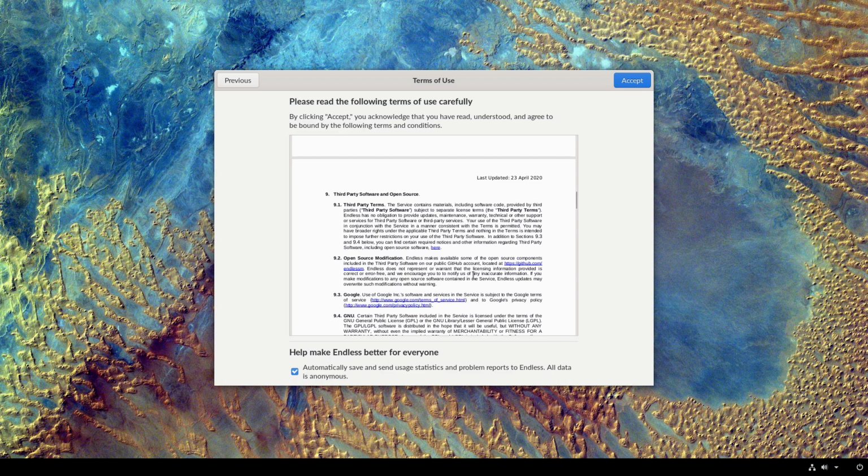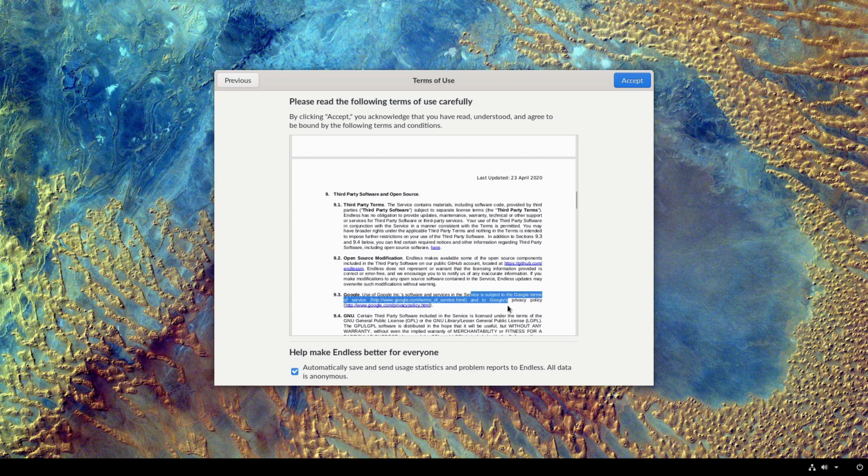As far as open source, while it is technically listed as a FOSS software application, I do note that they have this inclusion of the word "some." Endless makes some of the open source available components available on the public GitHub account. That is some and not all, which means there could be things inside of this baked-in operating system that are not necessarily open source that we do not necessarily know what they're doing.